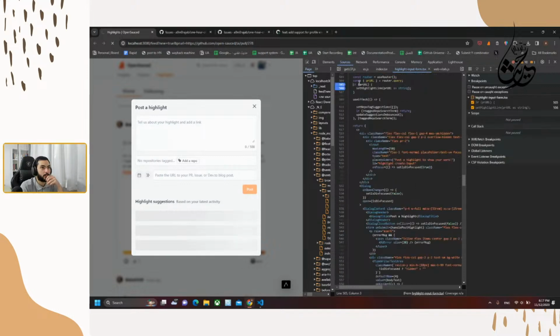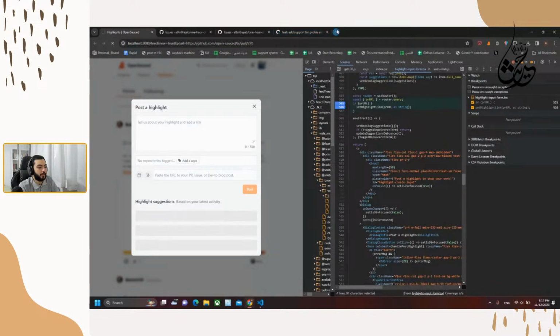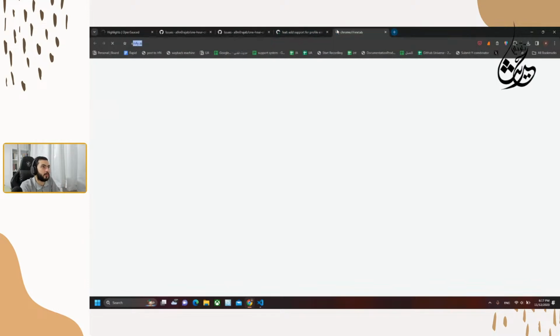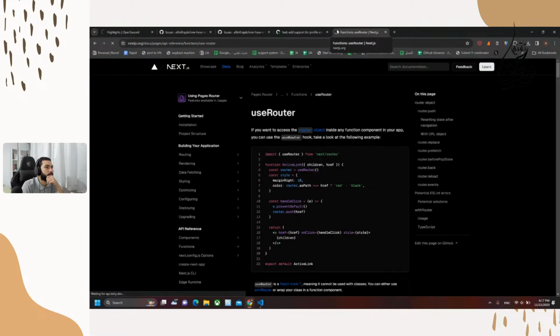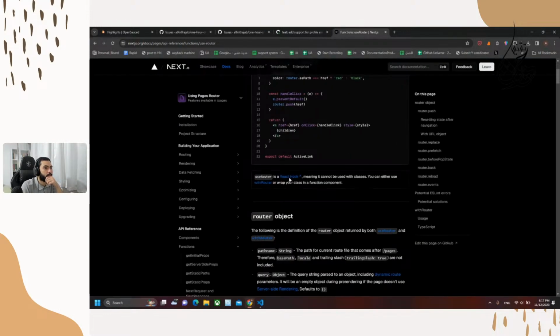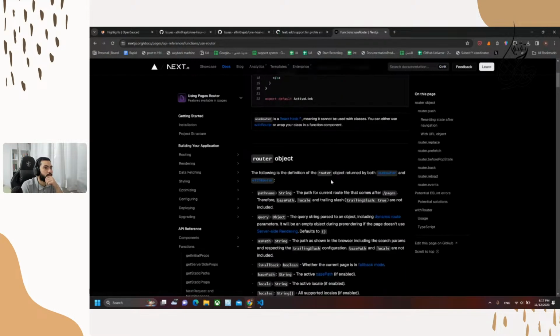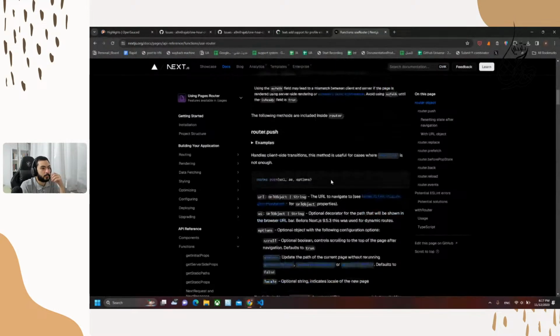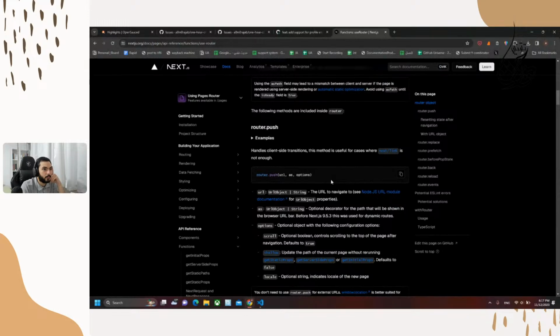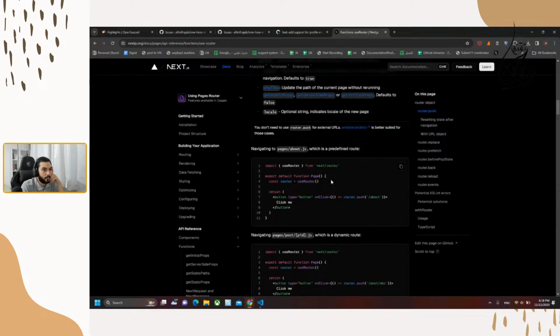These two codes, I'm expecting them to have the PR URL working for it, but let's check the documentation again for useRouter.